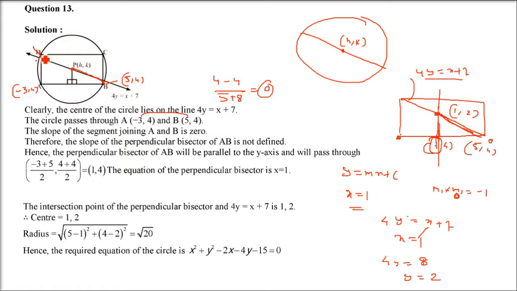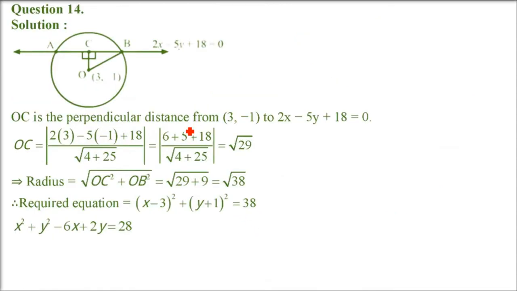So we know this line is passing through D and B. So now, the distance between (1, 2) and (5, 4) will be the radius. So you have the square root of (5 minus 1) whole squared plus (4 minus 2) whole squared, which is going to be the square root of 20. So take the center: (x minus 1) whole squared plus (y minus 2) whole squared equals 20. This is the final solution.